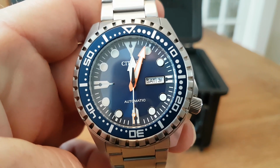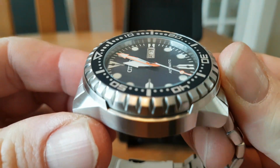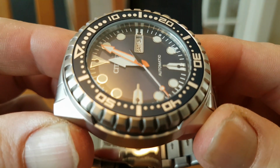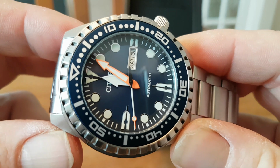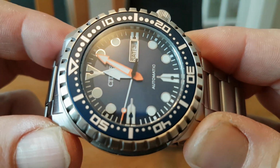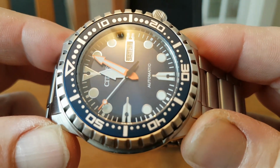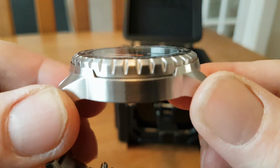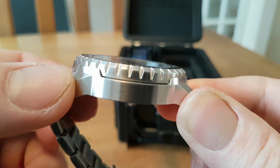but the luminous is rather cool and very, very bright. So, looking at the size of the case, it has a nice, shiny, very clear mineral glass. You can see the shiny blue bezel. Now the blue bezel in the sunlight is very metallic and very vivid, as well as the insert on the bezel itself. So turning the watch around to see the case, as you can see, very nicely made case, very, very solid